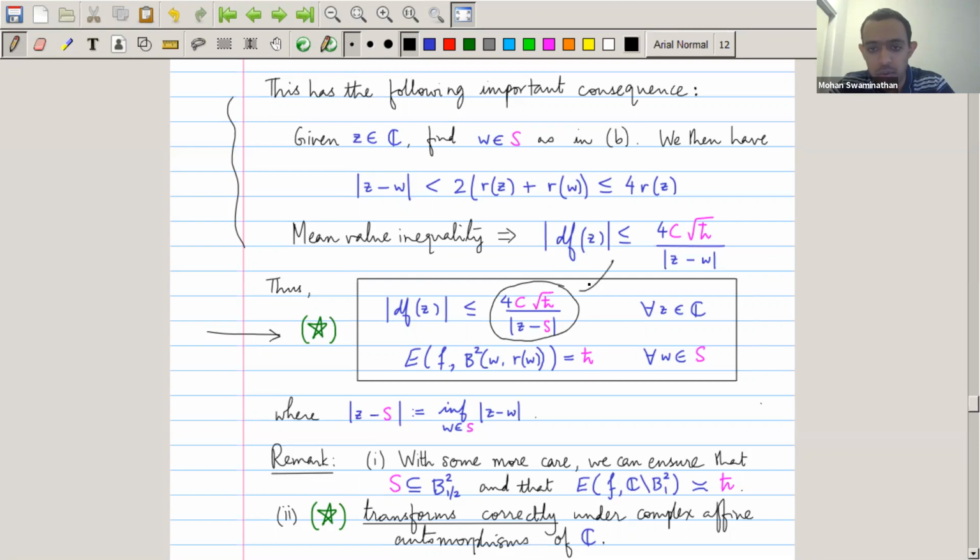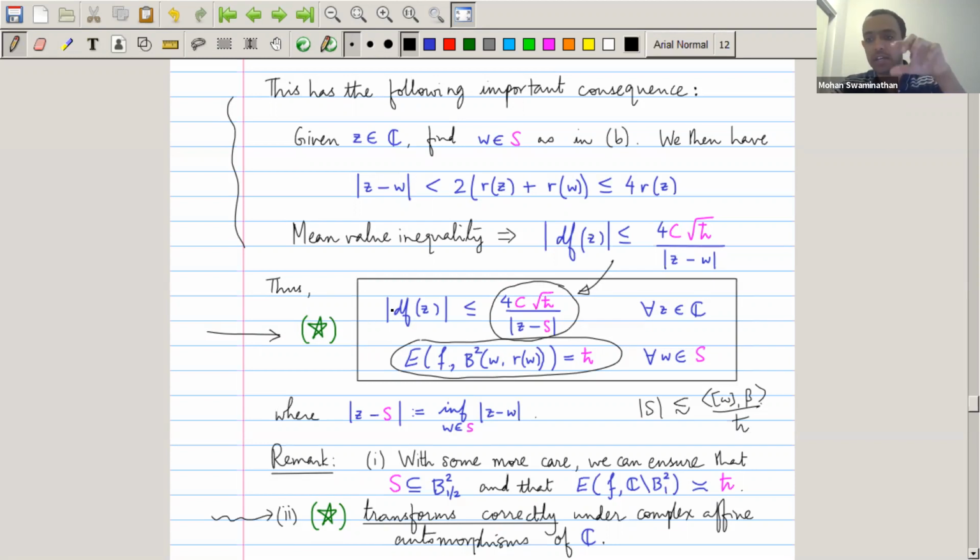And so what we have figured out is a finite set of points whose size is bounded, right? We found that the size is actually bounded by the pairing of omega with beta divided by h bar. And we have a gradient bound that blows up near S, and we have this, which is of course the definition of R itself. Okay, so the important point here is remark number 2, which says that these 2 bounds